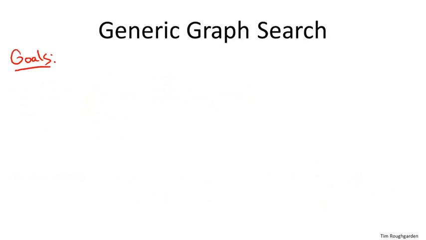So graph search subroutines generally are passed as input a starting vertex from which the search originates. That's often called a source vertex. And your goal then is to find everything findable from this source vertex. And obviously you're not going to find anything that's not findable. What do I mean by findable? I mean there's a path from the starting point to this other node. So for any other node to which you can get along a path from the starting point, you should discover it.